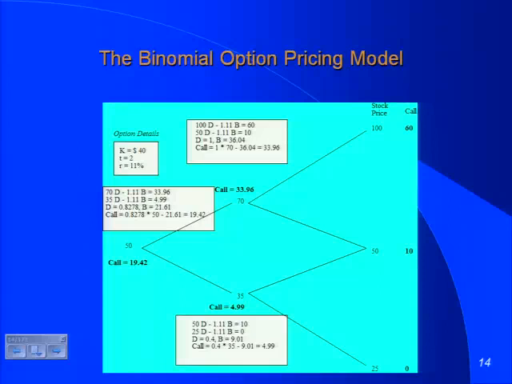Here's how I'm going to try to value the option. I'm going to start with the end nodes first. You know why I start with the end nodes? That's the only point in time where I know exactly what the cash flow on the option is going to be. So if the stock goes to 100 and I have this call option with a strike price of 40, I'm going to make $60 because I'll buy at 40, turn around and sell at 100. If the stock goes to 50, I'll make $10, 50 minus 40. If the stock goes to 25, I'll lose $15.